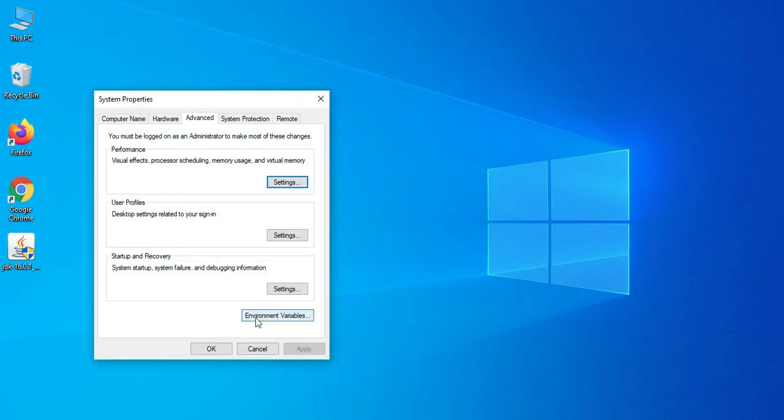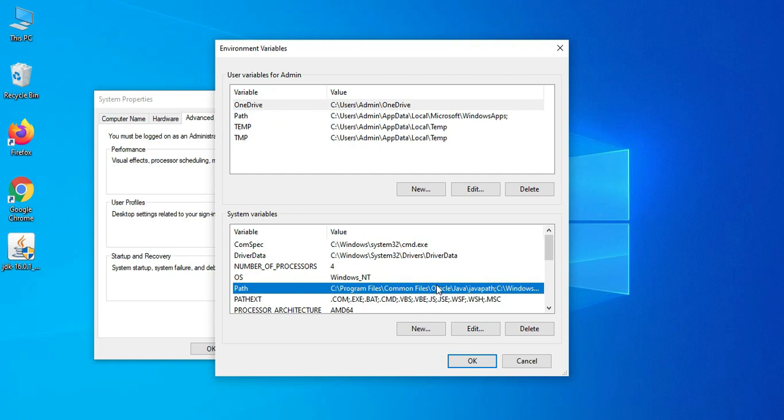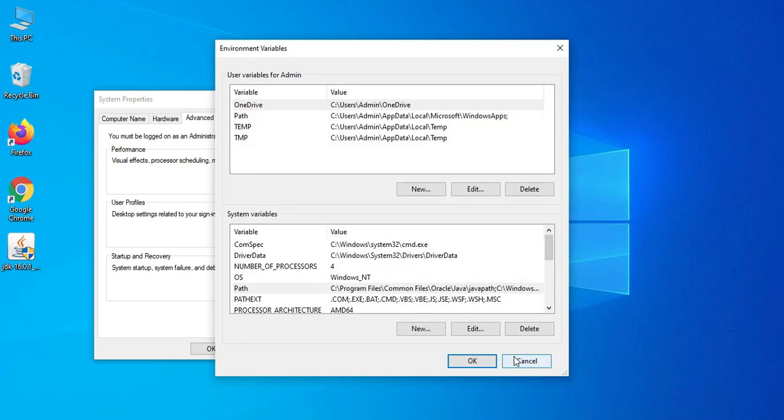Now just click on the Environment Variables option. Here you can see in system variables we have one variable known as Path. Let me double click on this. Here you can see it is showing the Java path. So it has already set the path. You don't have to set it manually. Okay, so let me click on the cancel button.